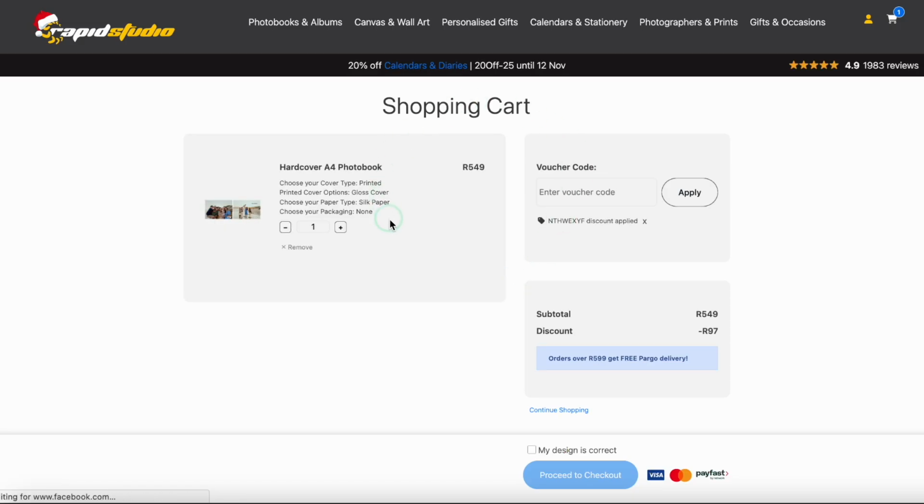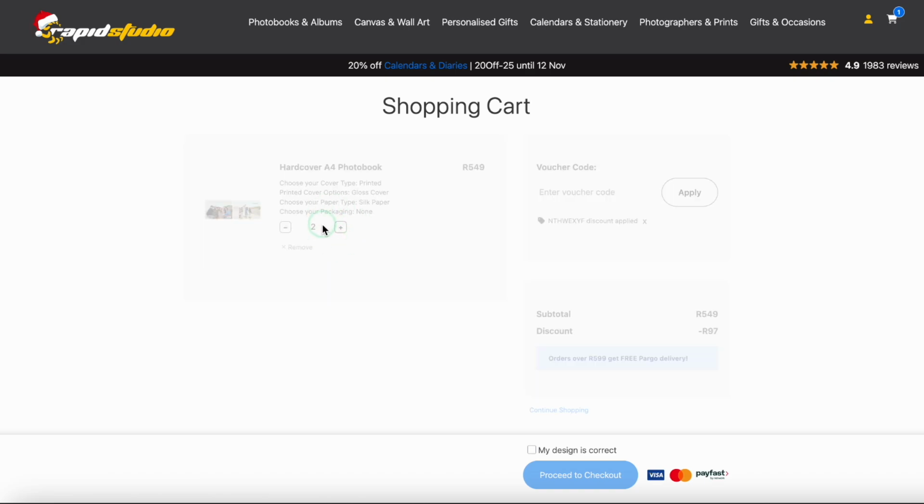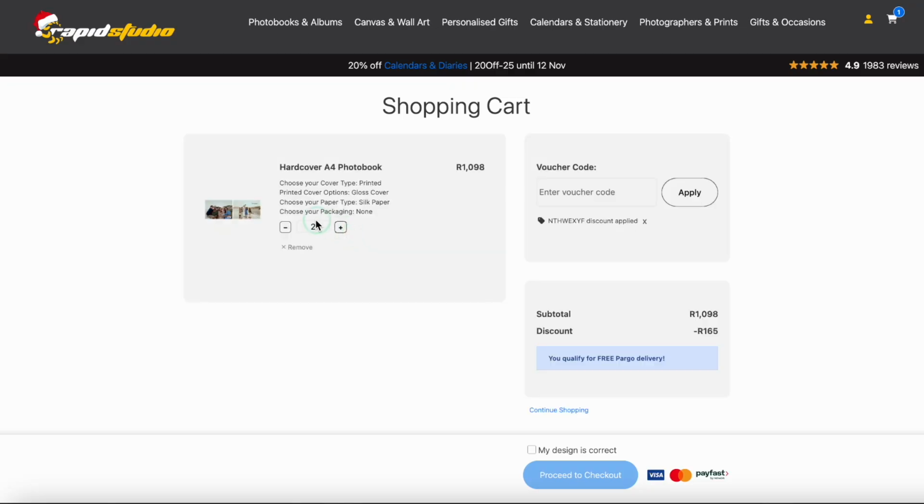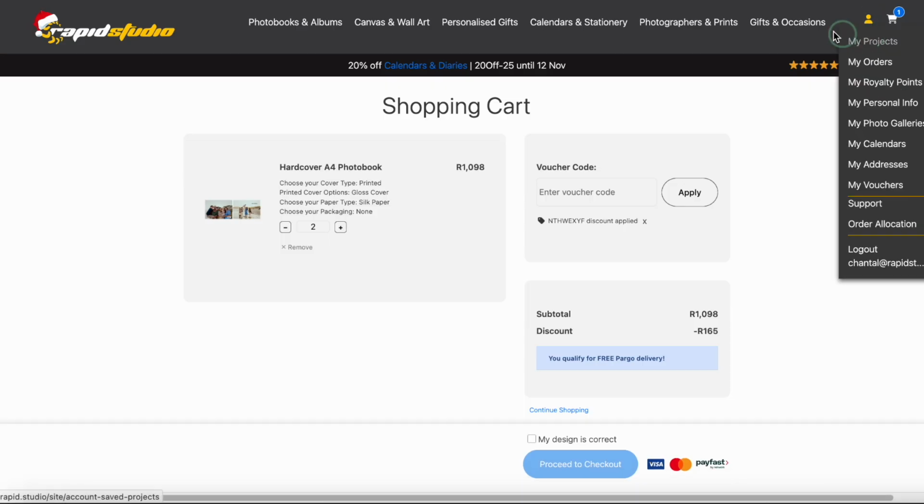And then here from your shopping cart, you can change the number of quantities of your book that you want, just by adding the plus or minus button. You can continue shopping if you haven't finished making all the things you want to yet. You can just click My Projects and go and add more things, or click up here and go and create some more and leave it in your shopping cart. If you have a voucher code, you pop it in there